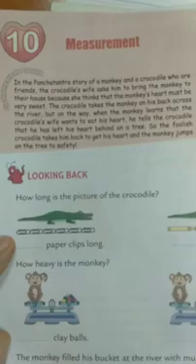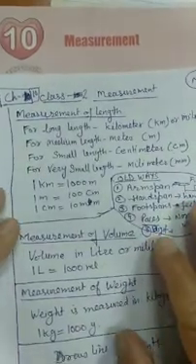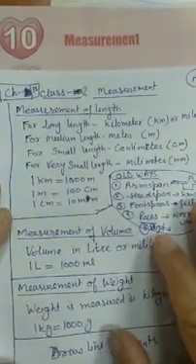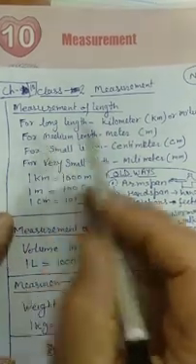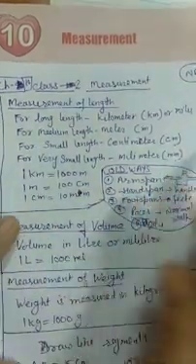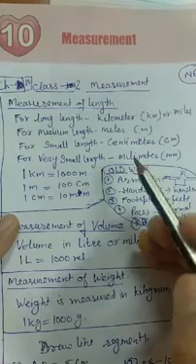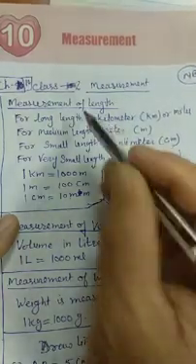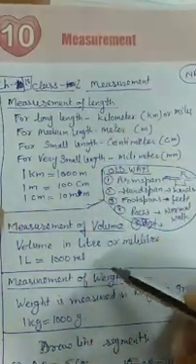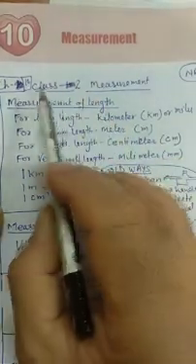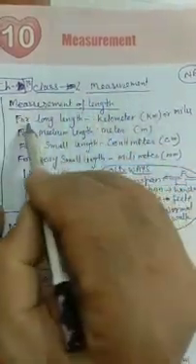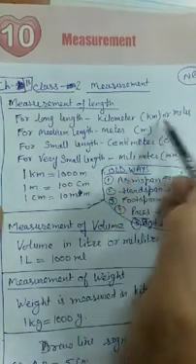As you know, the units to measure length, breadth and height are kilometer, meter and centimeter. If you have a very long distance, like Port Harcourt to Lagos, Chandigarh to Delhi, okay, then we can measure it in kilometers. This you have to write in the notebook, okay. So the introduction of the chapter is like this. For long distance you have to use kilometer.